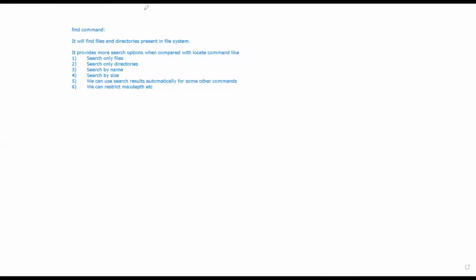If you want to limit the depth, you can do that by using the max depth keyword. That is one of the options available in the find command. Basically, the find command will find all the files and directories in the current working directory and in the current file system. That is the default behavior of the find command.